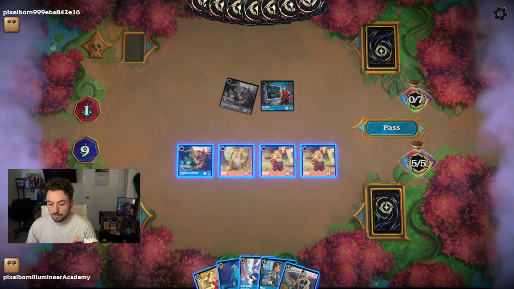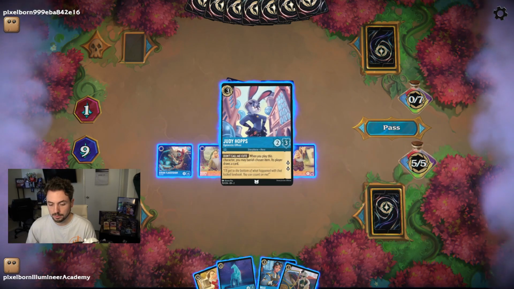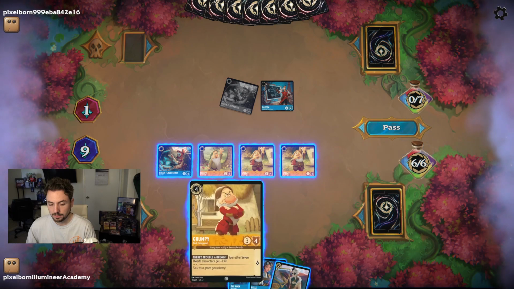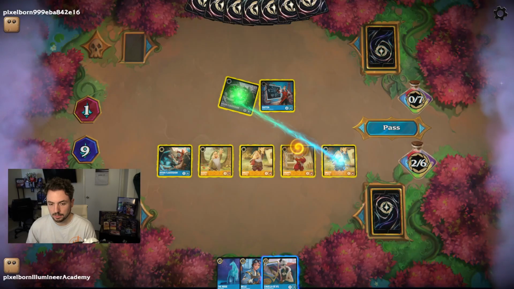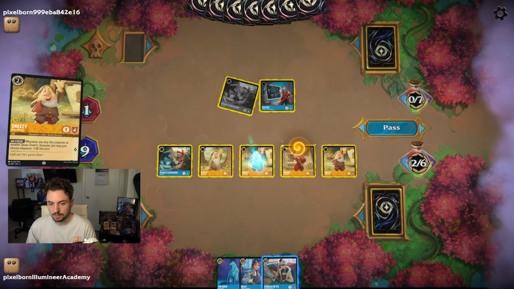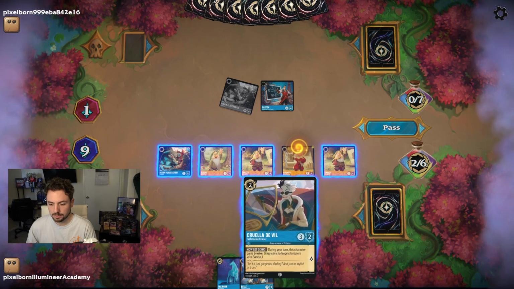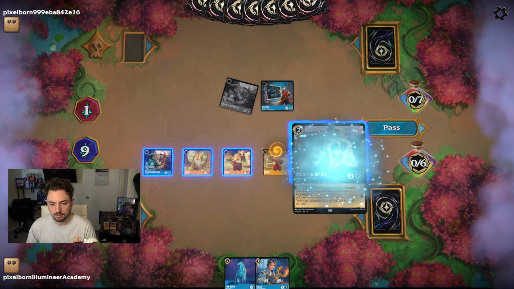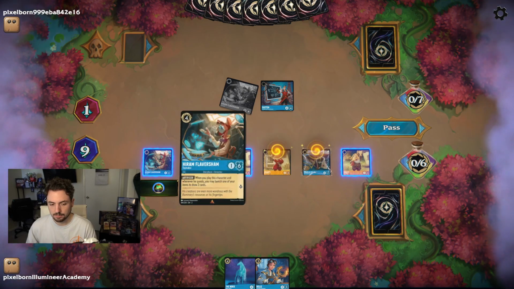Cruella is the 2-drop that we wanted. So we'll put Judy into the Inkwell. And we'll get out Grumpy. Honestly, we can take him out too. That's not a bad deal. So yeah, we'll just...